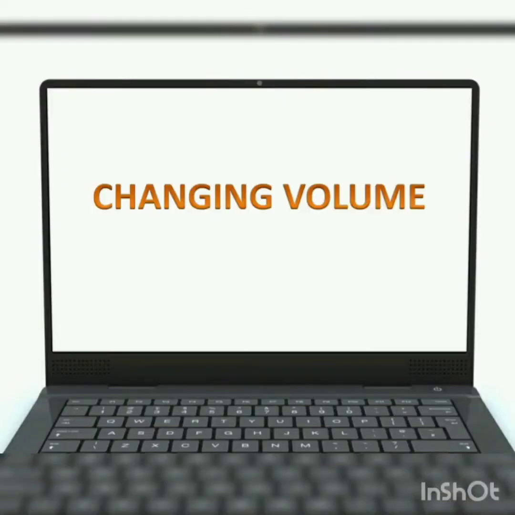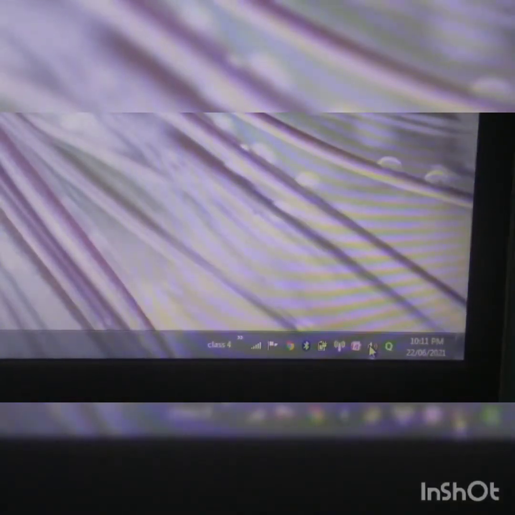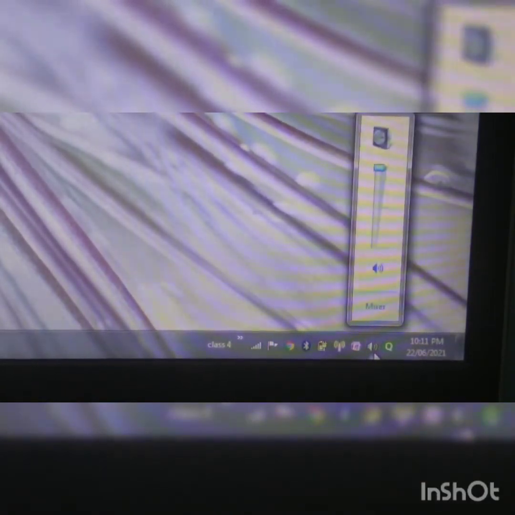So we will read about changing the volume. Changing the volume means changing the system volume. Okay. So let's see how to change the system volume. Kids, to change the system volume, okay, you need to click on this speaker-like icon of the notification area. Okay, now see this dialog box appeared. This is the change volume dialog box. Okay, now I will move the slider. You just see how the volume of the system changes.